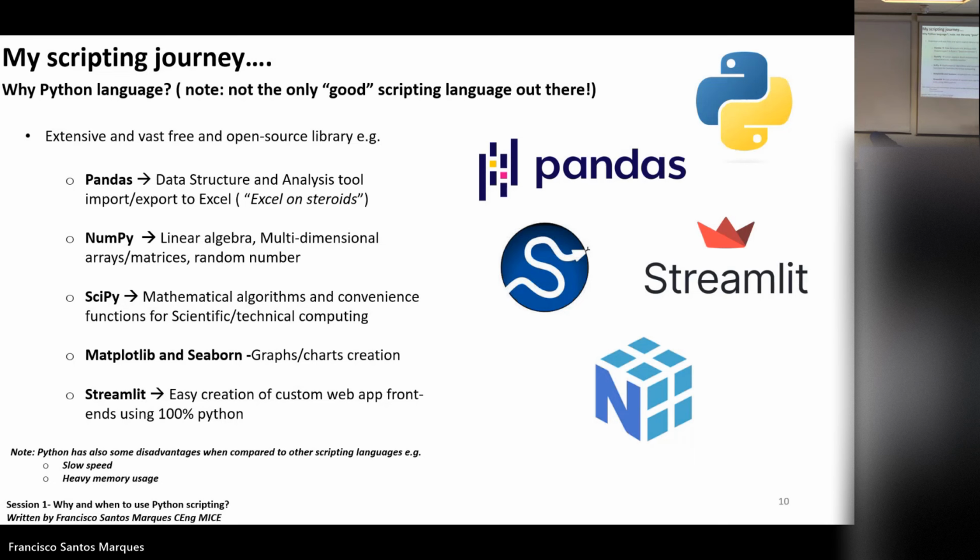The whole idea of Streamlit is to be able to create front-end web apps. Imagine the script to be your backend, and Streamlit creates a graphical user interface that is 100% written in Python. If you want to share your script with people that are not coders or don't know anything about scripting, you can create apps where you just click this button, import this, adjust the slice, and in principle, anyone can do it. I will show later some examples of this. Okay.